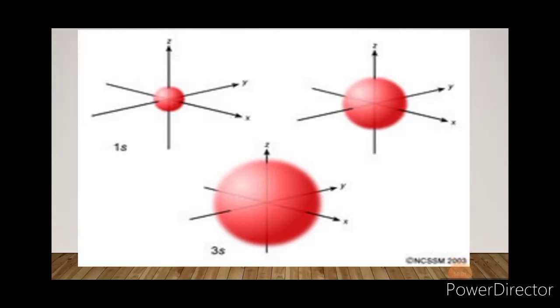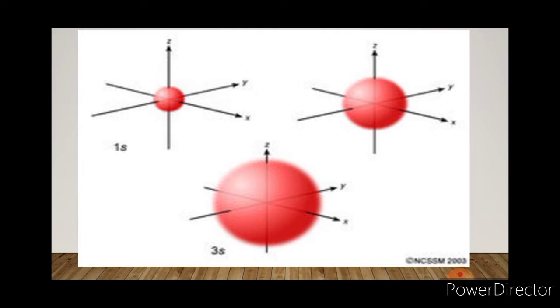Hello, dear children. I'm moving on to the next topic of the chapter Structure of Atom: shapes of atomic orbitals. Proceeding next to see different laws. Before that, we have to see the shapes of the atomic orbitals. Here we will only discuss the shapes of s orbital, p orbital and d orbital. As I have already said, the shape of f orbital is quite complicated, so we are not going to discuss the f orbitals, but we will see how s, p and d orbitals are formed.